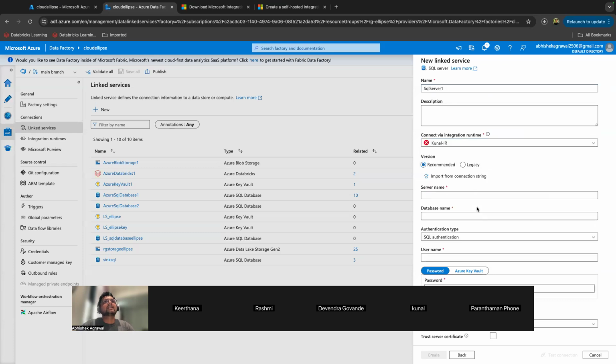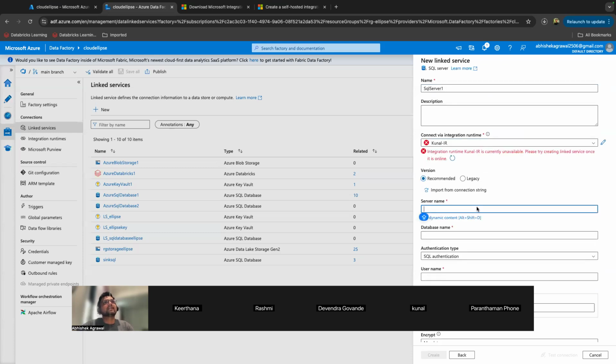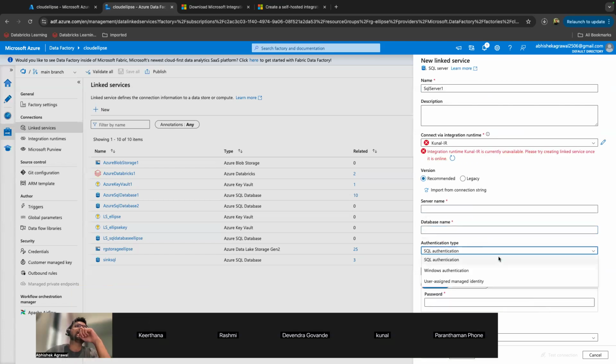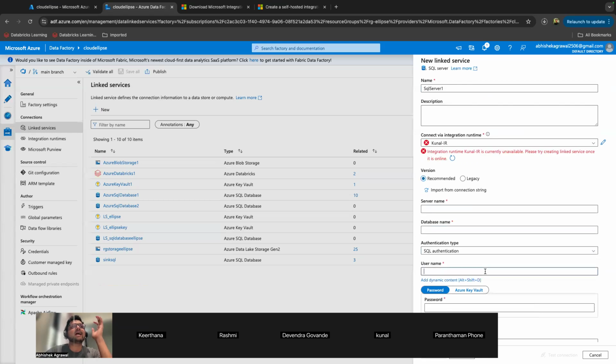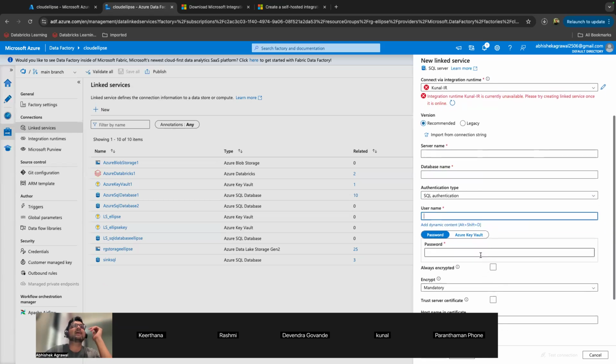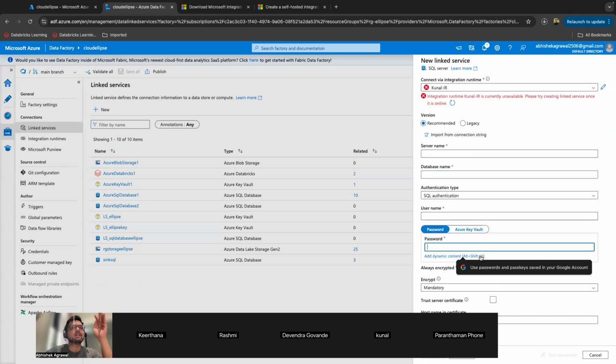Then I will select the integration runtime which I have installed, Kunal's integration runtime. Then I will ask for a server name from Kunal, and the database name which he has made. I will ask for the authentication type: is it Windows authentication or SQL authentication? Then I will ask for a username from Kunal, then a password, or I need to go on a call with Kunal, and probably